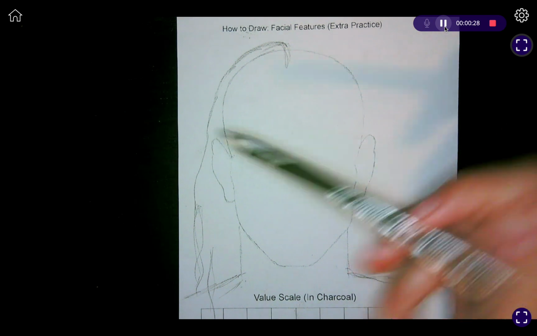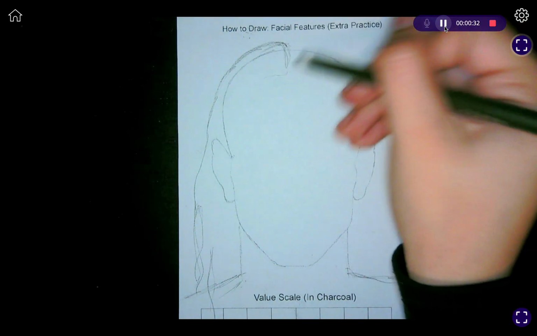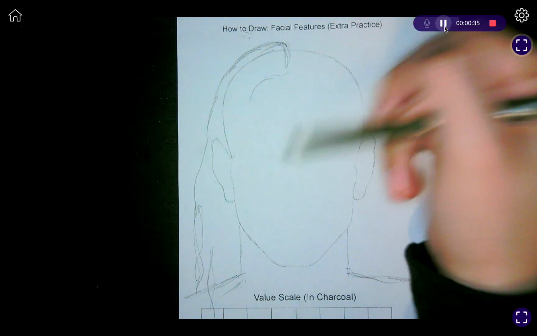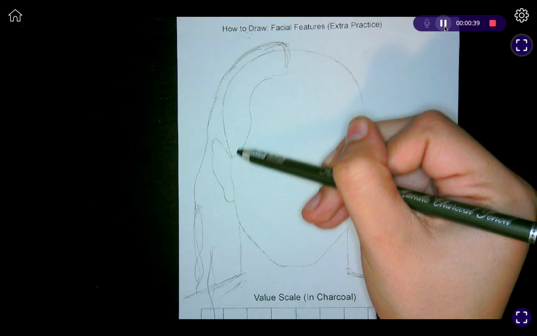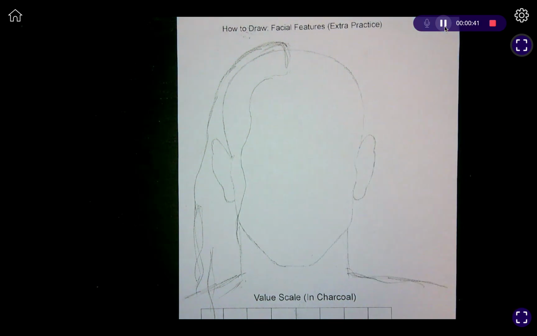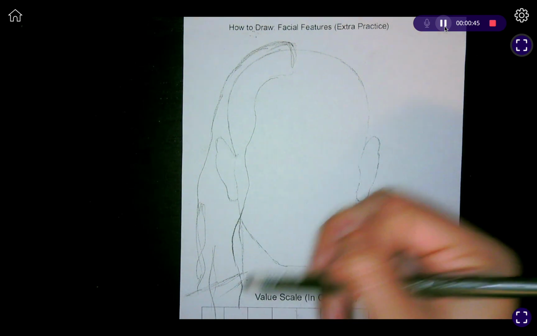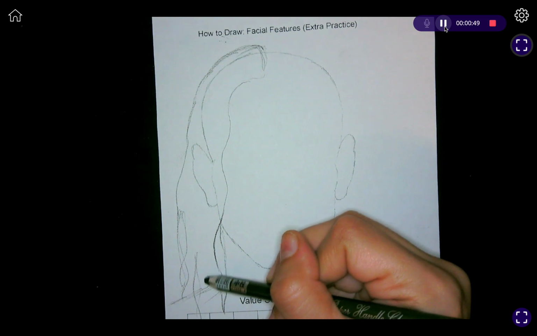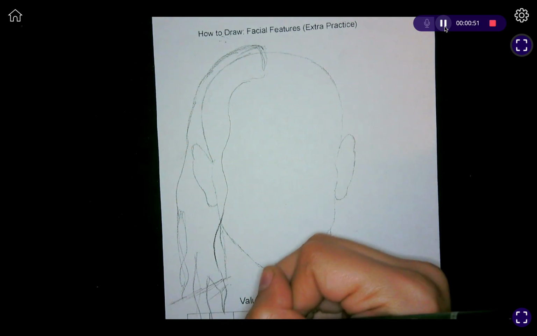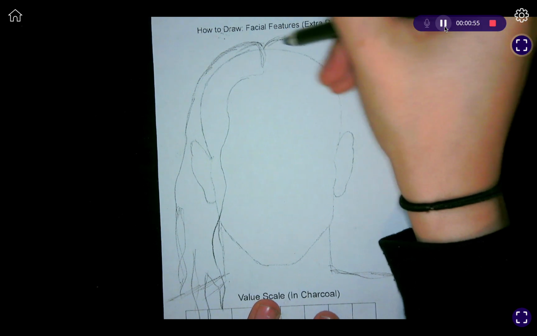And I am going to add some hair in the back as well as in the front. Over here we're going to see that it kind of curves in. It's going to curve outward. Something like that. Maybe we can curve it like that. Something like that. Then from over here,